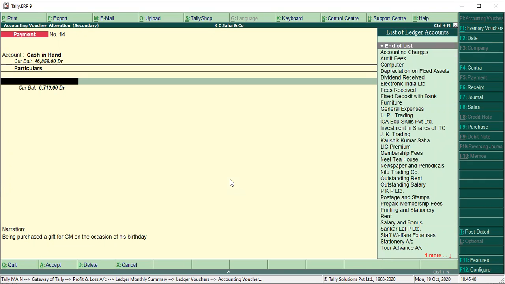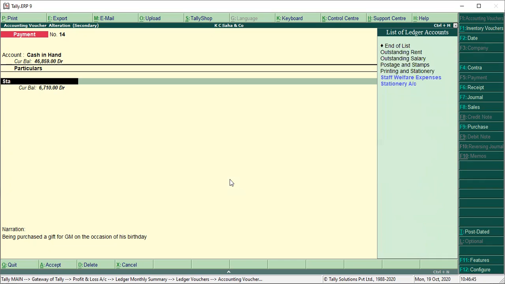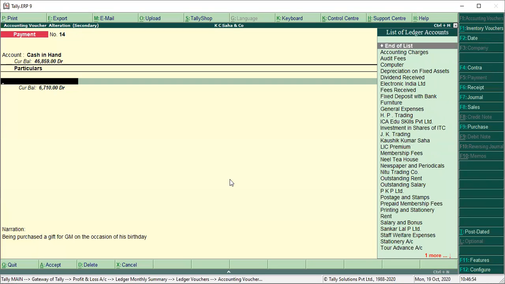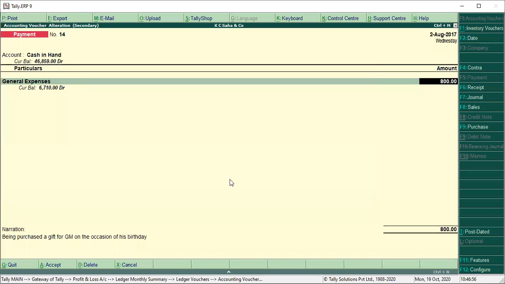सो इट्स डिपेंड, यू कैन ट्रांसफर इन टू द सैलरी एंड बोनस, नॉट सैलरी, what was the head, staff welfare. Staff welfare. Yes, so you can transfer it to the staff welfare expenses also, and you can keep the same also, general expenses. Clear? So we are not changing anything, general expenses में ही रखते हैं हम लोग।